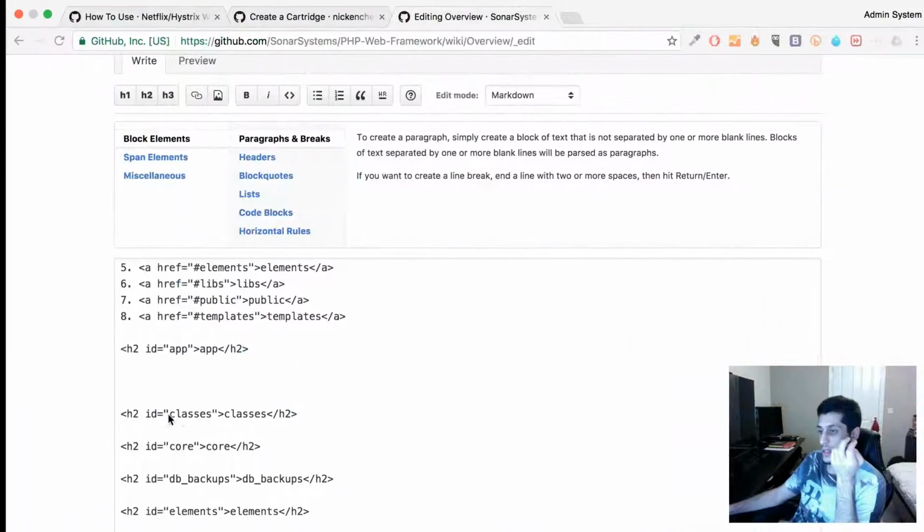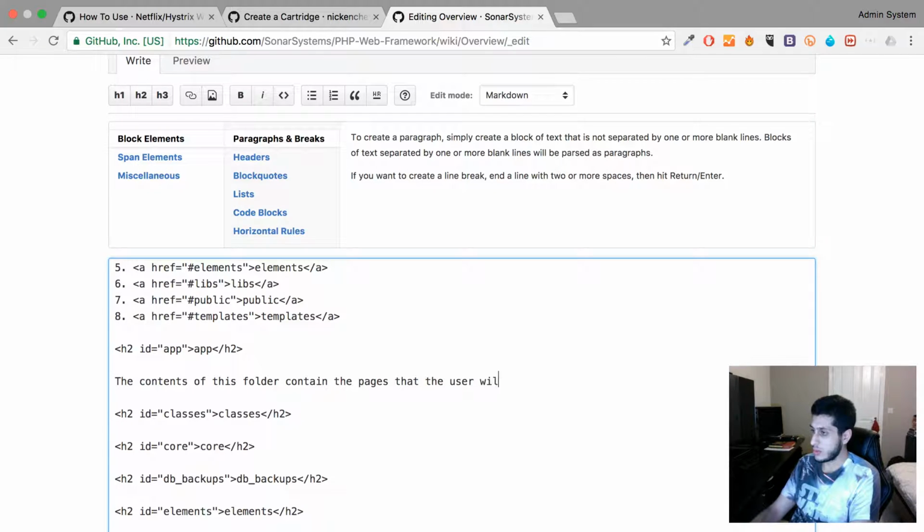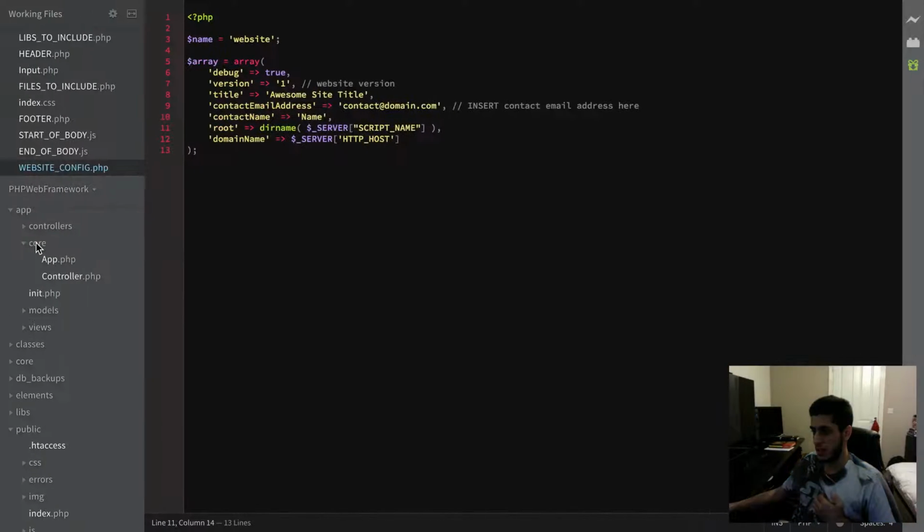The contents of this folder contain the pages that the user will view, along with any controllers to handle that, along with any views that the user will view. Okay, I think that is